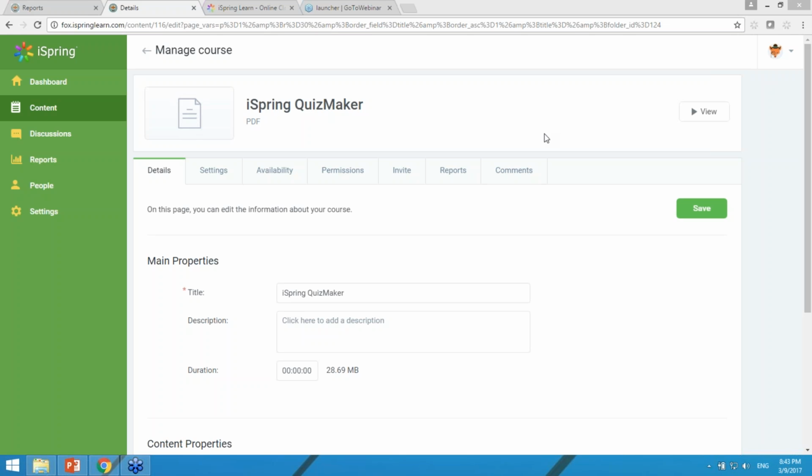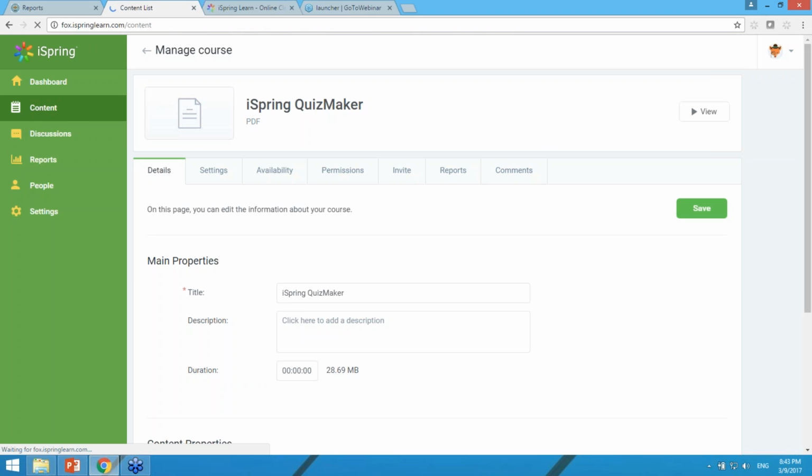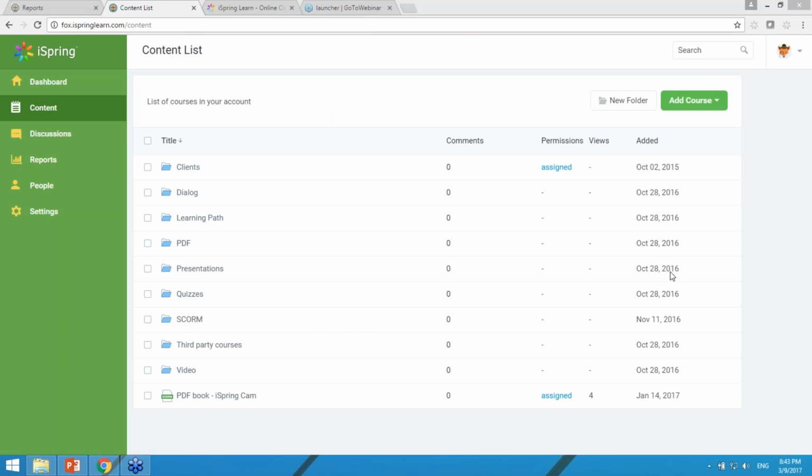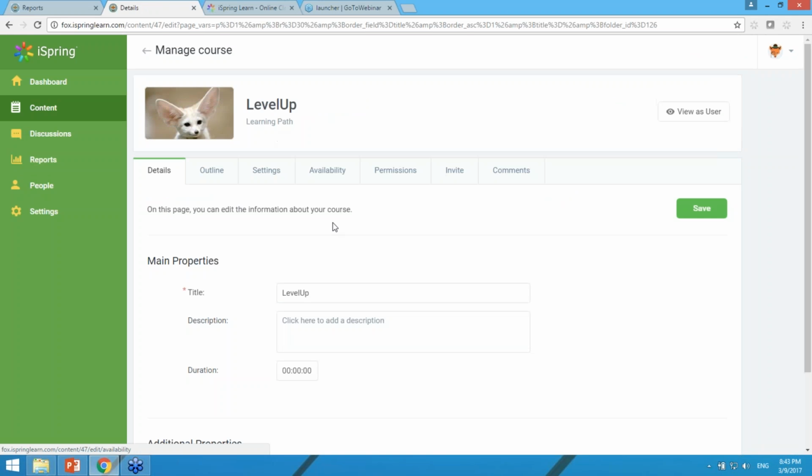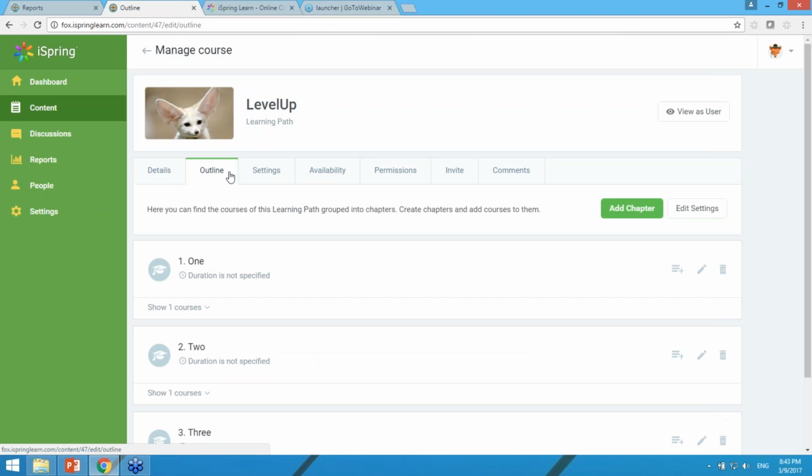For example, you can upload all your units and all your presentations to iSpring Learn and combine them into a learning path. Let me show you how the learning path looks. So here we go. I have a couple of funny learning paths. They don't have a lot of courses in them. So, for example, if you have uploaded several courses that should be in one learning program